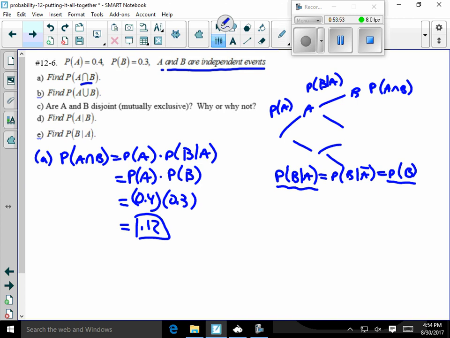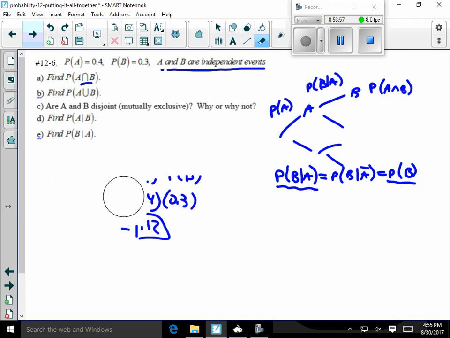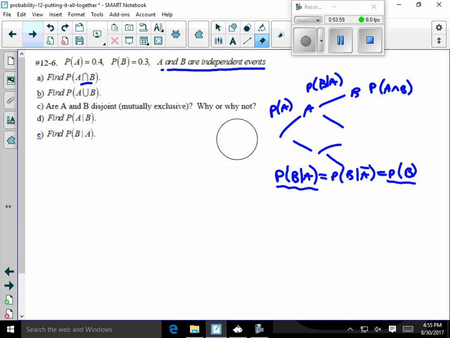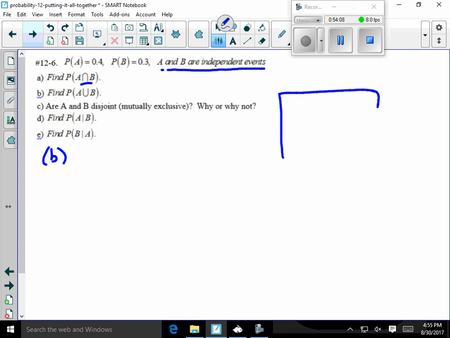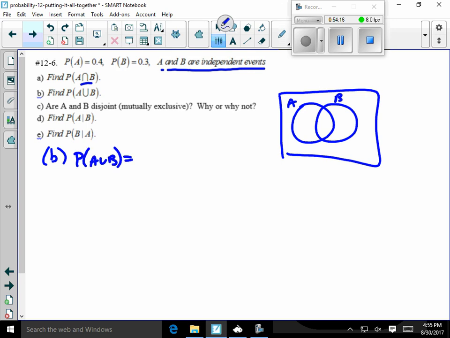Okay, let's take a look at part B. So part B says we're going to find the probability of OR. For part B, I'm going to use my mnemonic for remembering the OR formula, which is Venn diagrams. If I have A and then a B circle, the probability of A or B occurring is the probability of A plus the probability of B, but we have to subtract off any overlap, right, so that it doesn't get